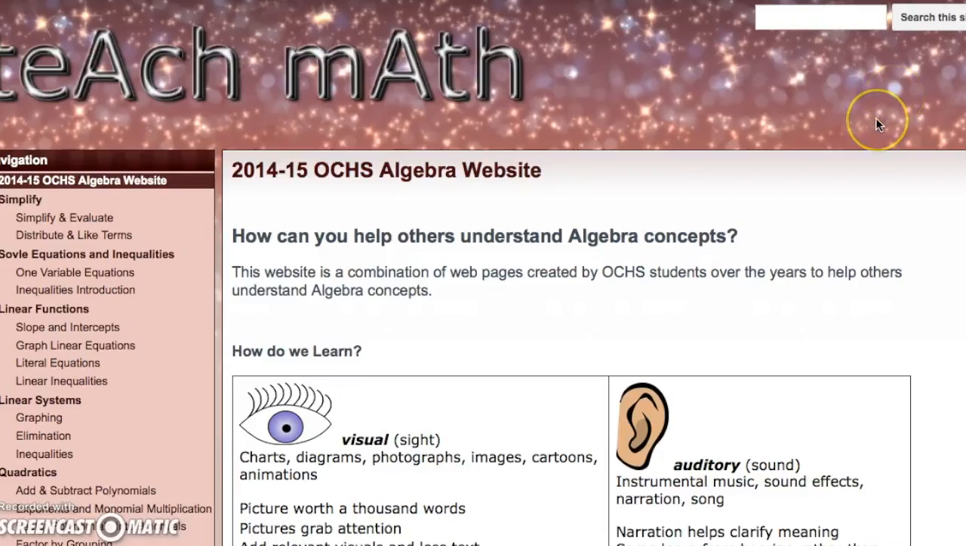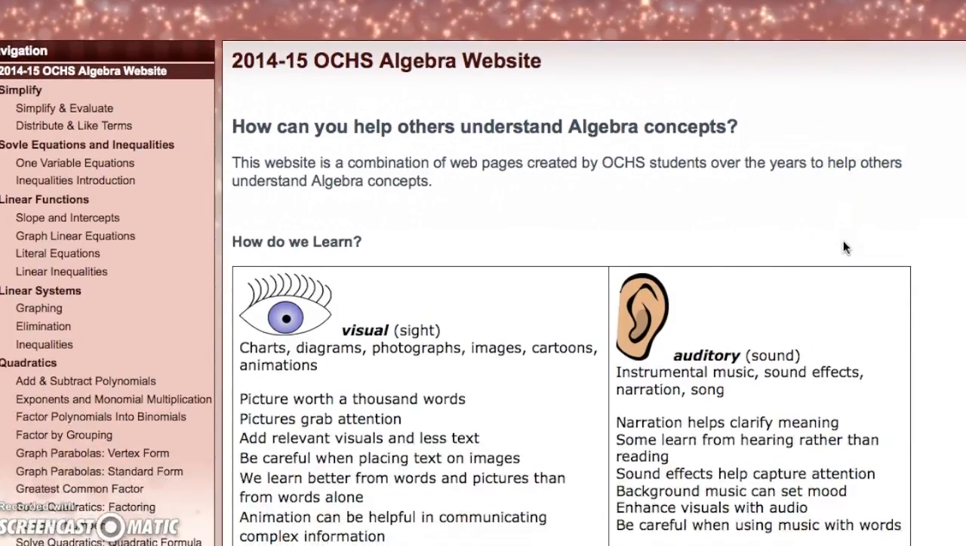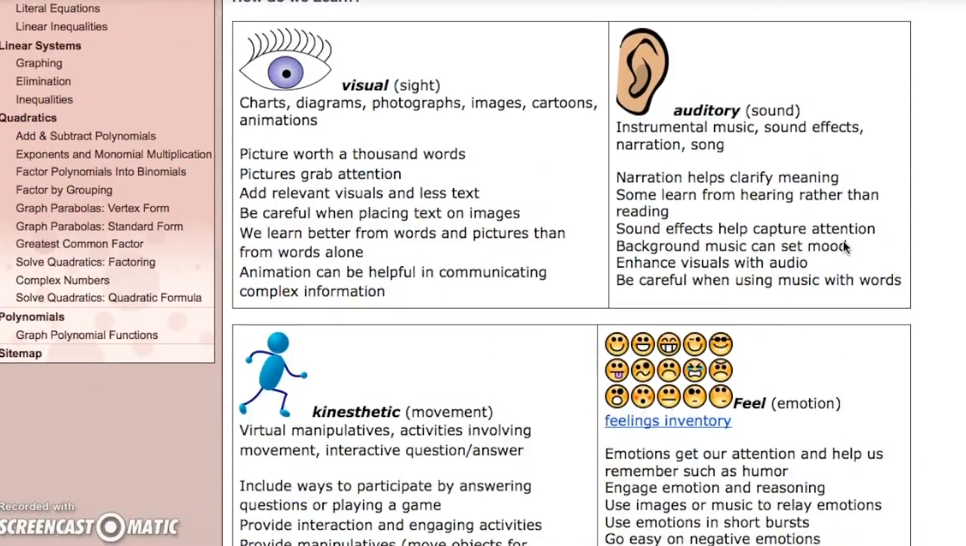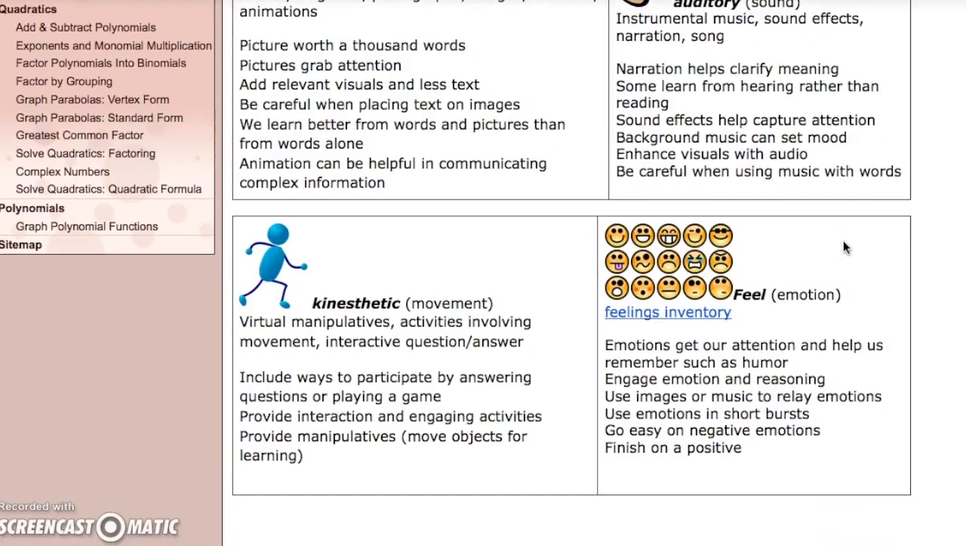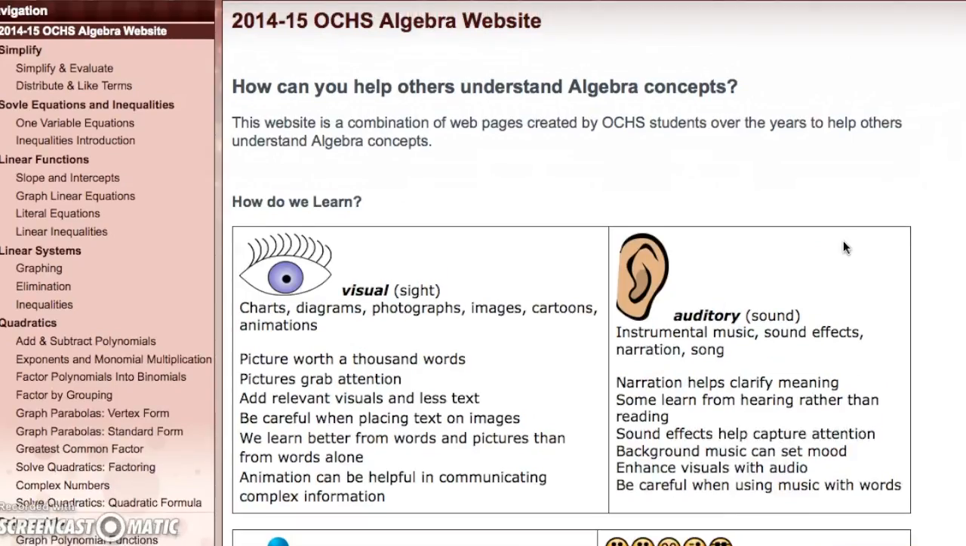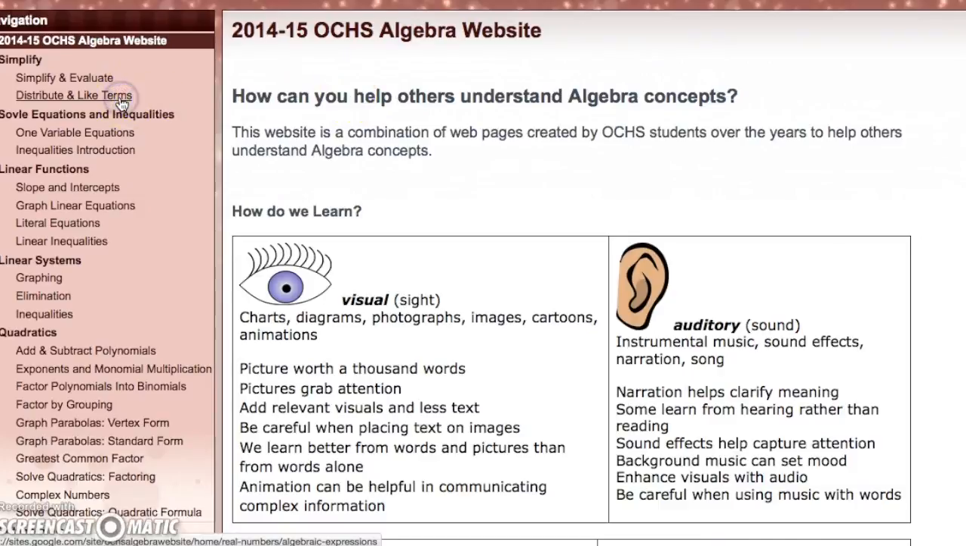It was from this feedback that gave me the idea of having the students create the different parts of a website to teach the algebra concepts. So they could use and include the visuals, the auditory, the movement, maybe by playing games, and add some feelings or emotions. So then they could come up with